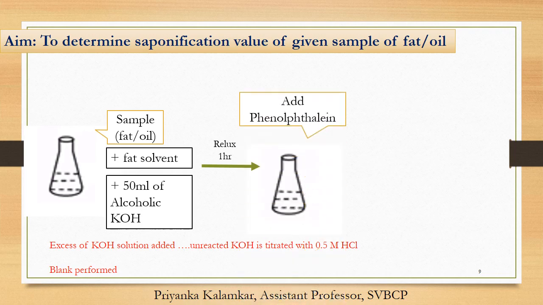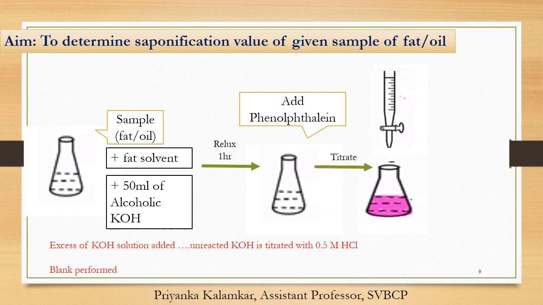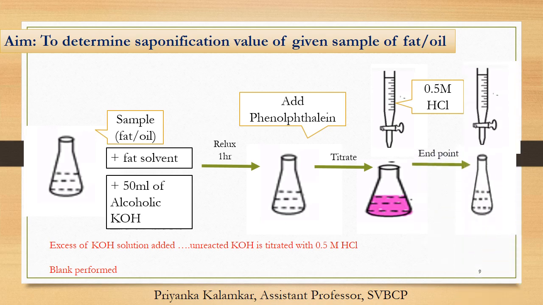Now I will add phenolphthalein to it. When I add phenolphthalein to the basic solution, it gives me pink color. So now your conical flask will turn from colorless to pink. Now you are going to titrate it with 0.5 molar HCl. This is a type of acid-base titration. Once the neutralization is achieved, the next drop of HCl will give you the end point. So your end point will be pink to colorless.